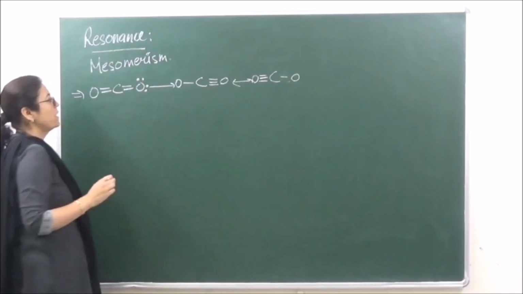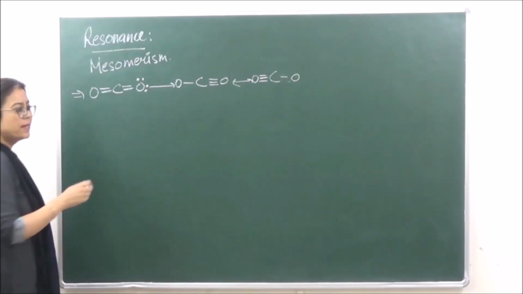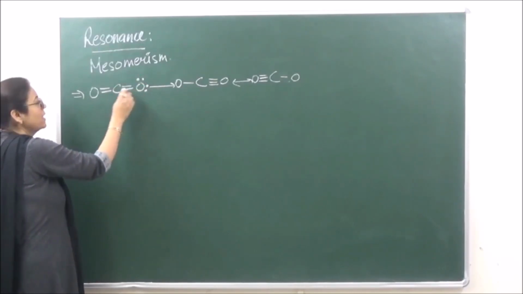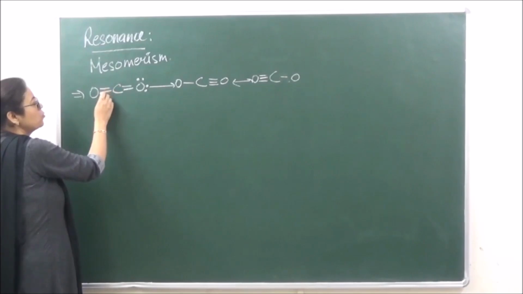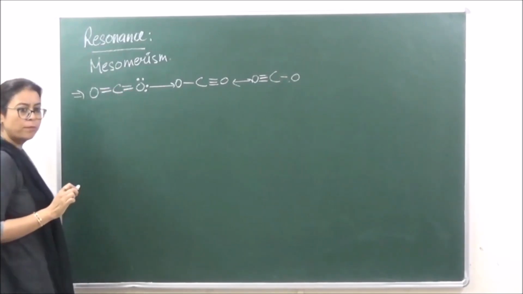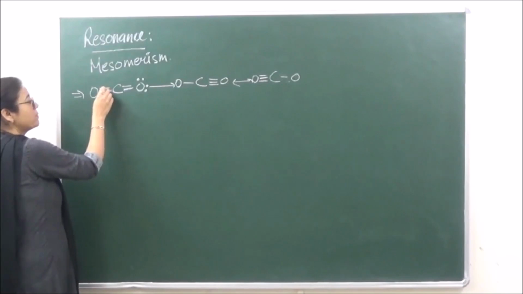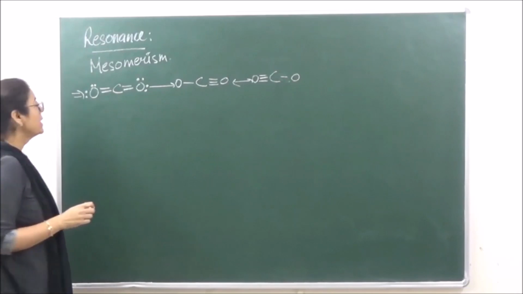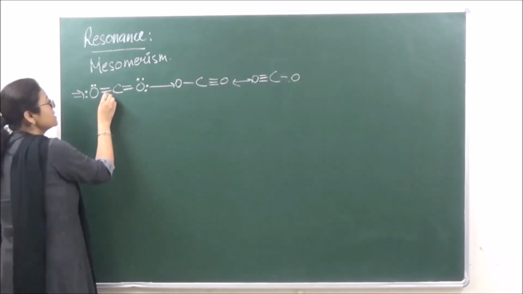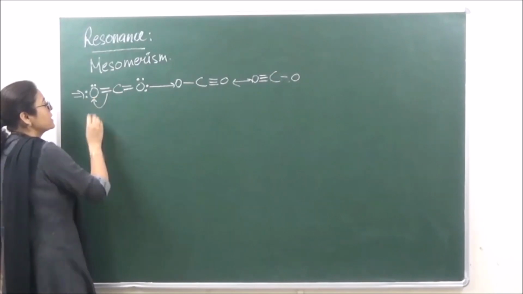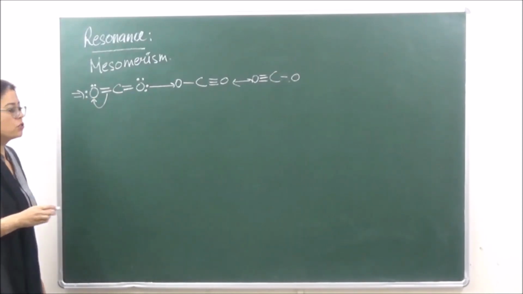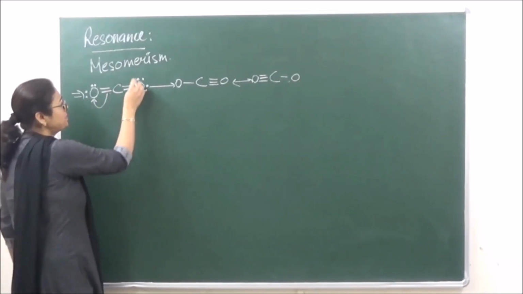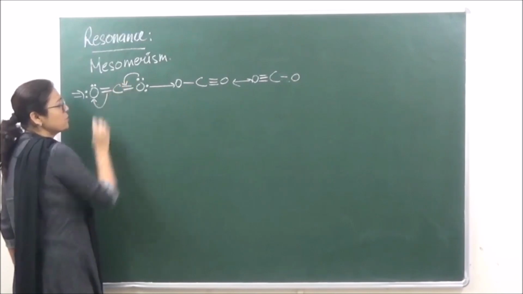Now what has happened over here is that when we are looking at these two systems, we say that there are two lone pairs of electrons over here, 8 minus 1 2 3 4, ठीक है? ऐसे ही हम लोग lone pairs जो है वो डालते हैं. Carbon all octet is complete, 1 2 3 4 5 6 7 8, so there is no lone pair. Over here also 8 minus 1 2 3 4, so we are going to show 4 electrons over here, right? Now in this case, this bond, the pi electron cloud, has a capability or tendency to shift. So this electron cloud from here shifts over here, okay, and these electrons shift over here.